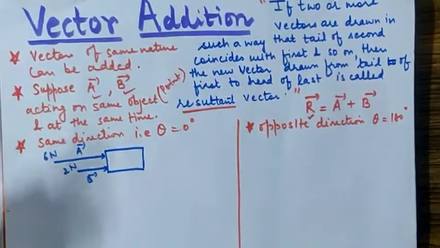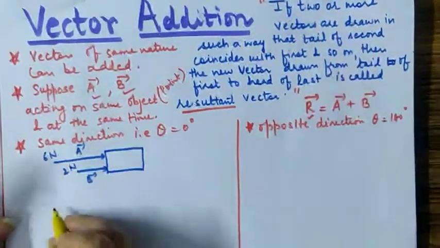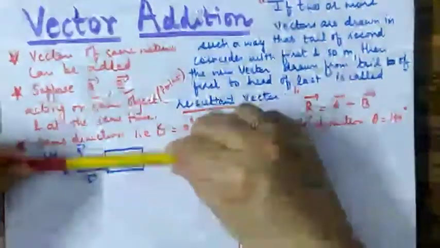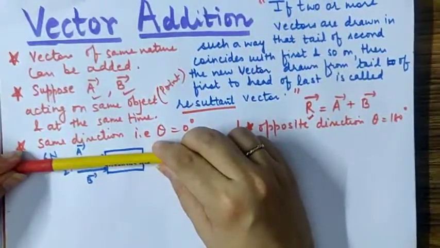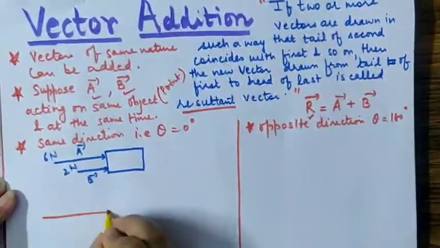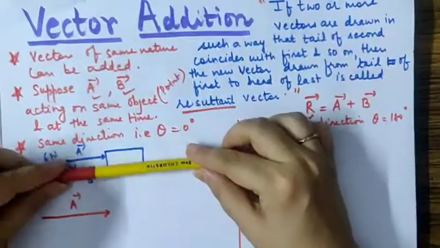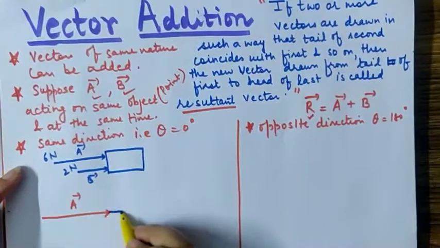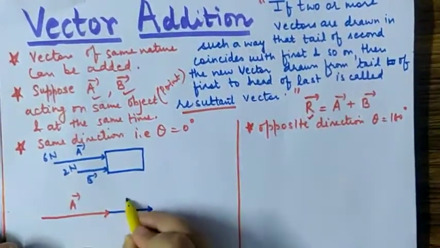Now if I have to add them, then I have to apply this statement here. What will this statement tell us? Suppose we draw the first vector, just pick it up from there and draw it somewhere else, in the same sense as how it is placed there. So this is vector A. Now what you will be doing is head of first and then tail of second. Just pick the second one up and place it so that the tail of the second and the head of the first coincide. So this is the second vector, B vector.